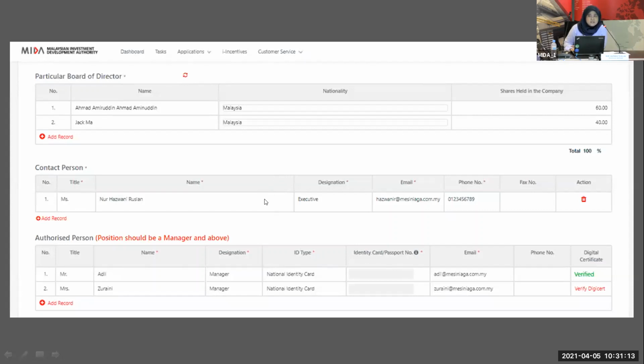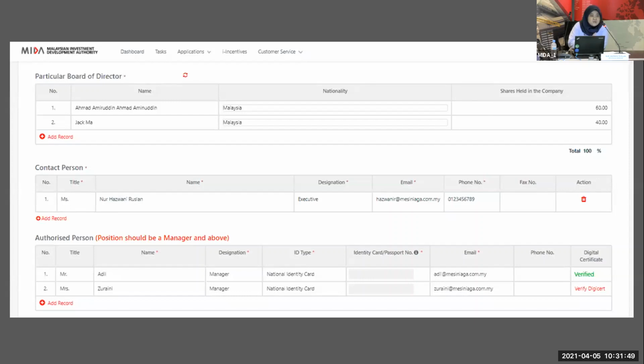Okay, so there are issues reported by companies saying that they cannot update the contact person's designation or the phone number, because you cannot update the details for the contact person here. Each contact person has to update their individual user profile. Then the updated information will be reflected here. So let's say for this case, listed here is Nur Azwani Ruslan.